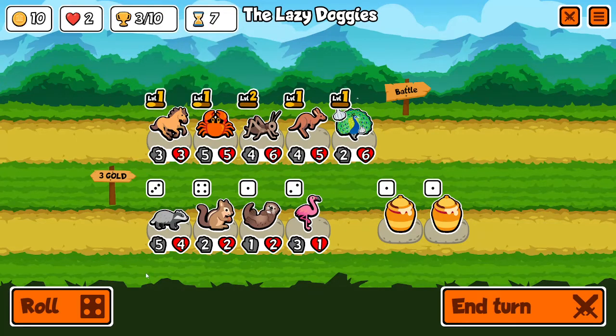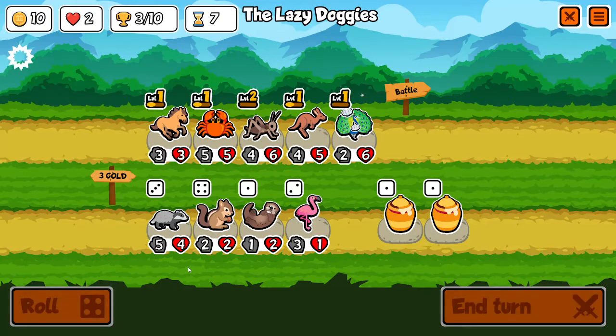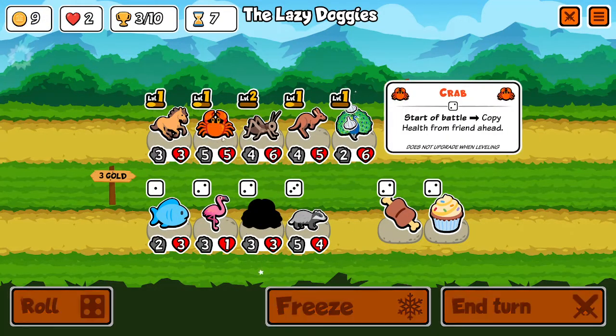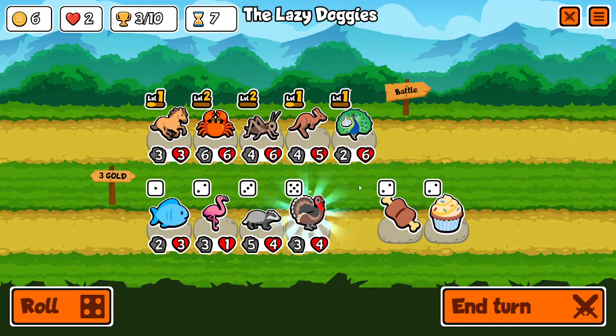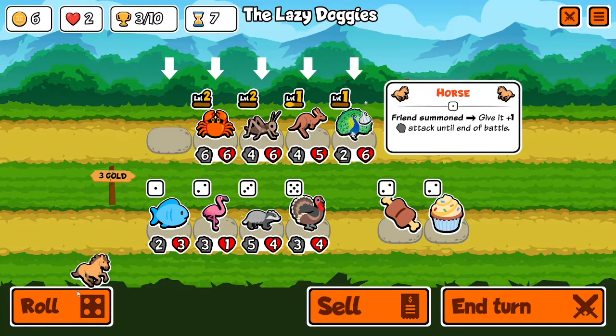I would like to get rid of the crab, but chipmunk, yeah, he fills the thing with food, so you'll have a bunch of food. Ooh, now we did get a level. Ooh, we got a turkey. That's really good. Turkey is like top tier, so we can sell our